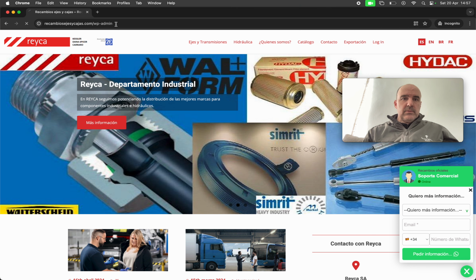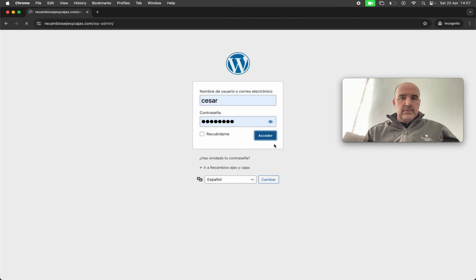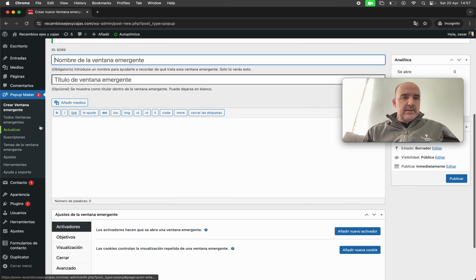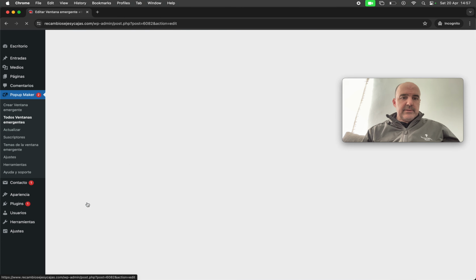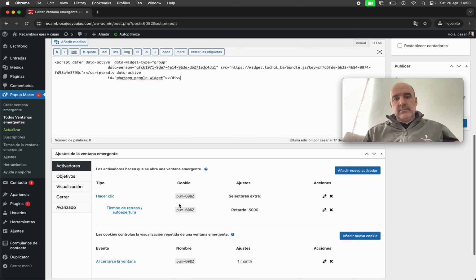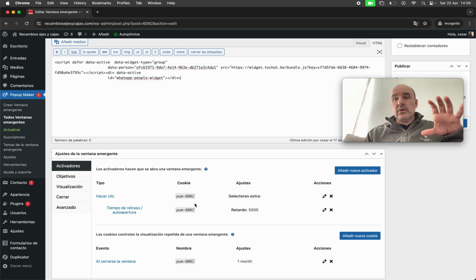So let's go to the admin section. I think it's this one. Yep. The plugin is Popup Maker. Okay. In this case, the one I created is here. This is the code, and the same. We put the code here, and then that's the same. It's like a similar interface behavior. You need to define what goes into the pop-up and how that pop-up is